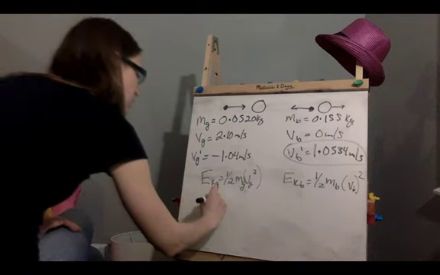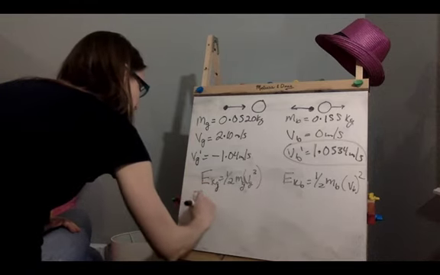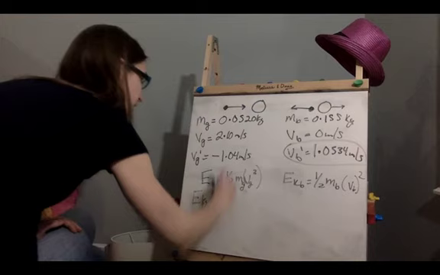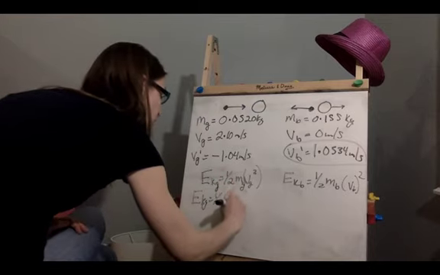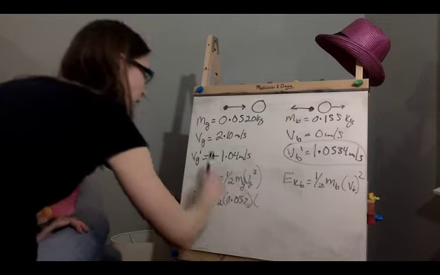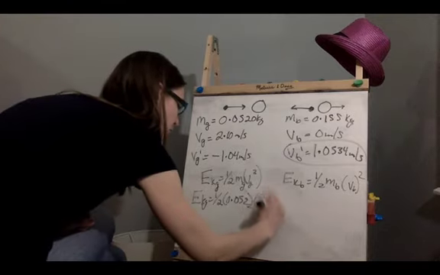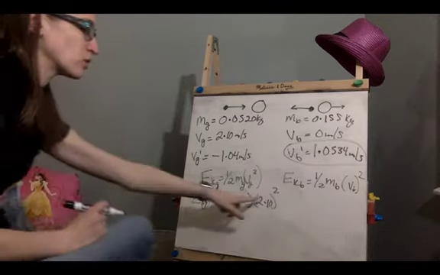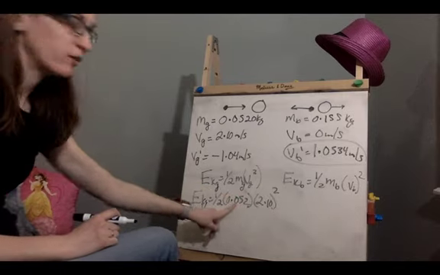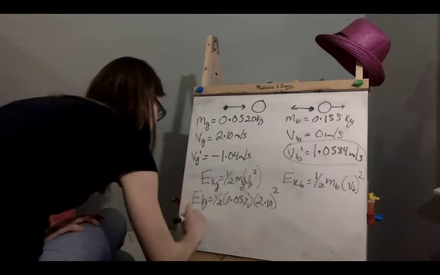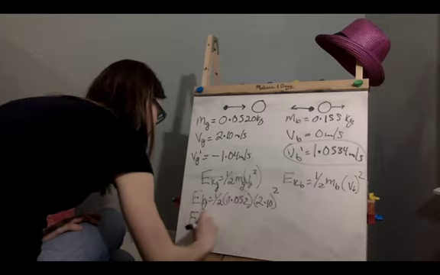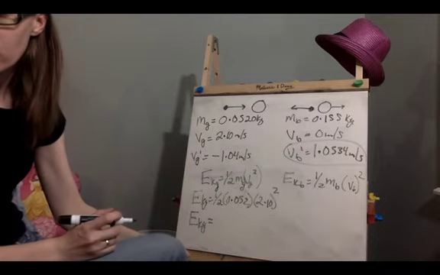So for this one, we get 1/2 times our mass of 0.052 times our initial velocity of 2.1 meters per second, and we square that, multiply it by the 0.052, multiply it by the half, and we get a value there of